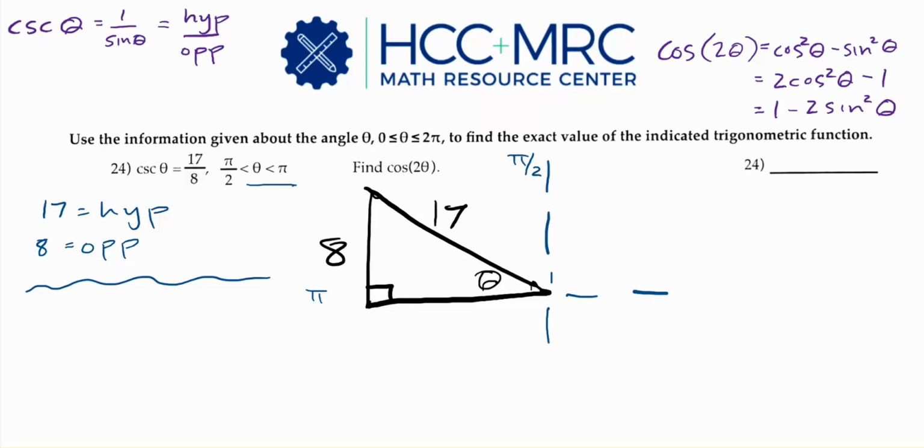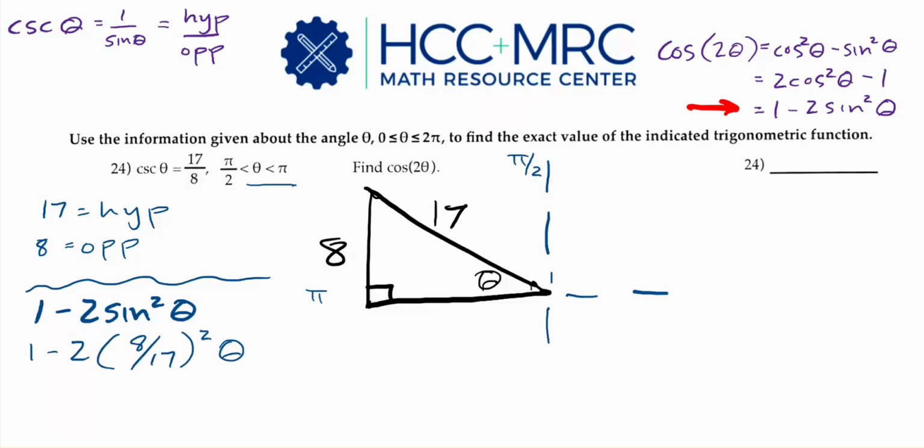We were asked to find the double angle of the cosine of theta, so I chose to use the 1 minus 2 sine squared theta option from our double angle identities. I chose that because we already have this function defined for sine without solving for anything else. We just need to find the reciprocal of the cosecant of theta. The reciprocal would be 8 over 17, so I went ahead and plugged that in as the sine value,